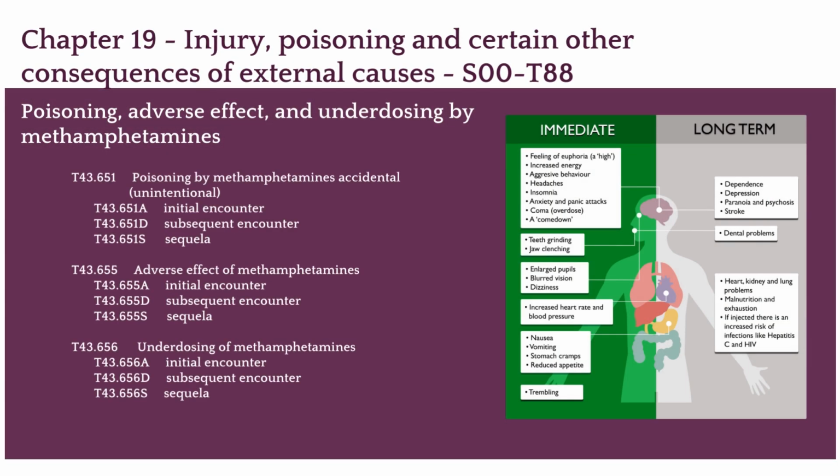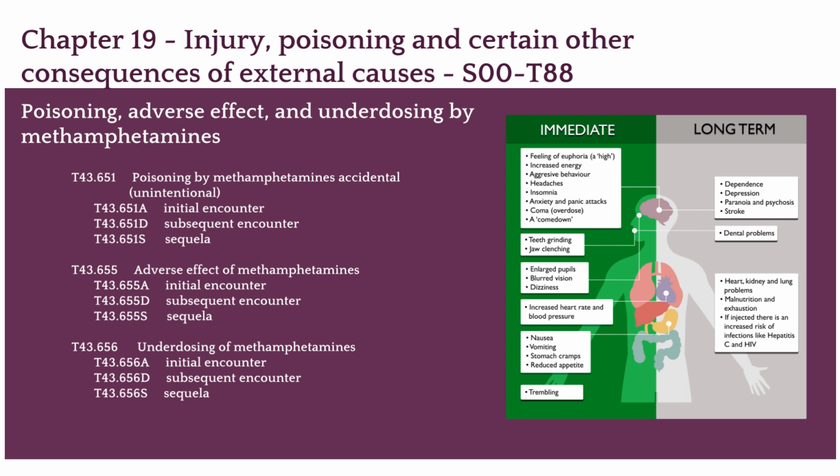Now, another category that received updated codes from Chapter 19 is for poisoning by adverse effect of and underdosing of methamphetamines. These are currently classified in ICD-10-CM under the code category T43.62, poisoning by adverse effect of and underdosing of amphetamines. Now, T43.62 is actually not specific to methamphetamine, and that is the reason 18 new codes ranging from